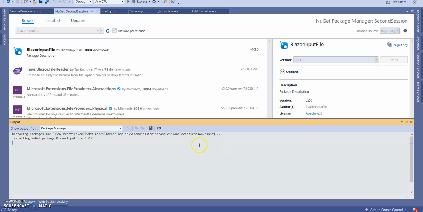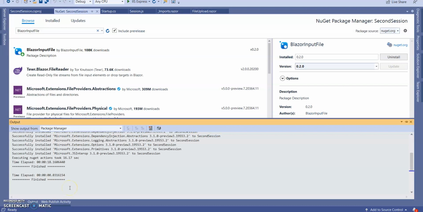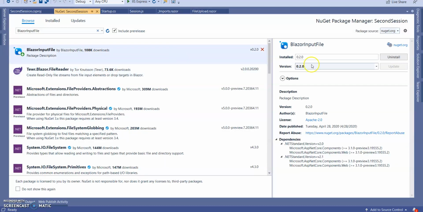It will take a few seconds or a few minutes. So our Blazor input file has been installed successfully.